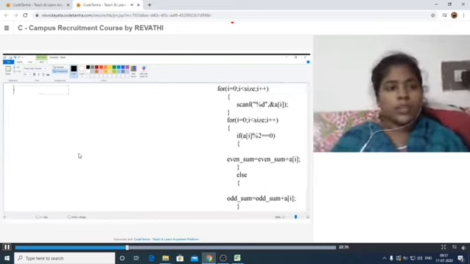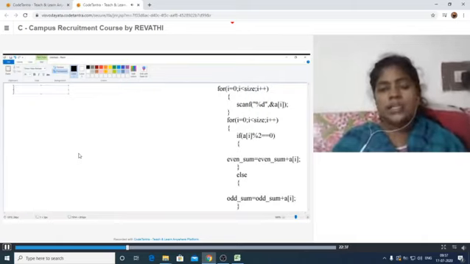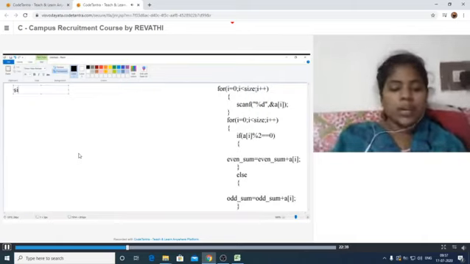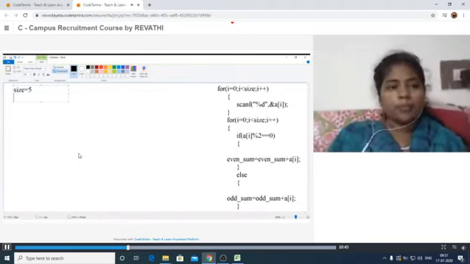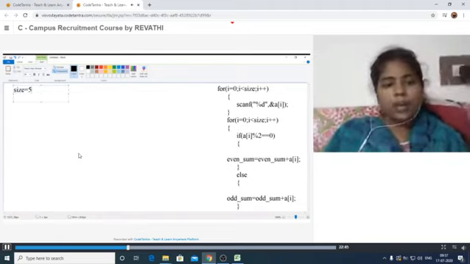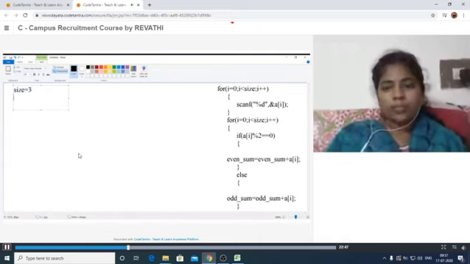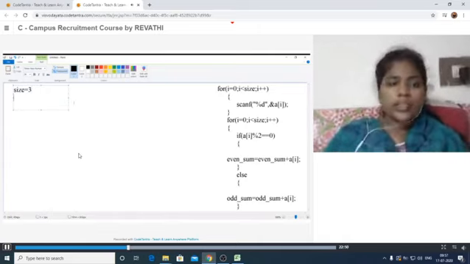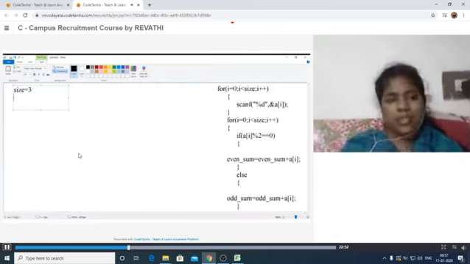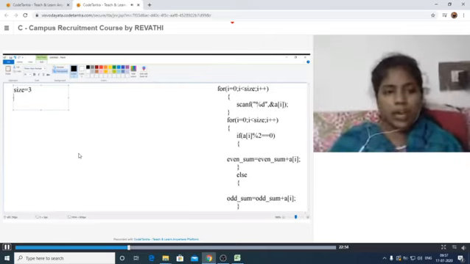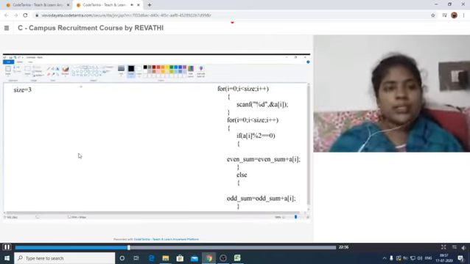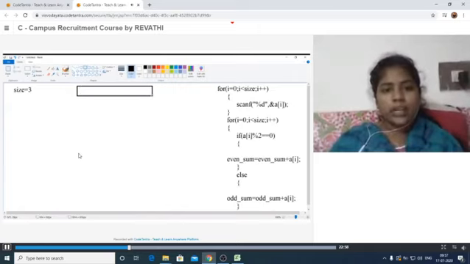Here, first it is asking to enter the size of the array. So I am providing size is equal to 5 here. Or I am taking the size as 3. Now it is asking to enter the array elements. That means 3 elements have to be stored in our array. For that, let us see. It is taking an array like this. For example, it is the array.